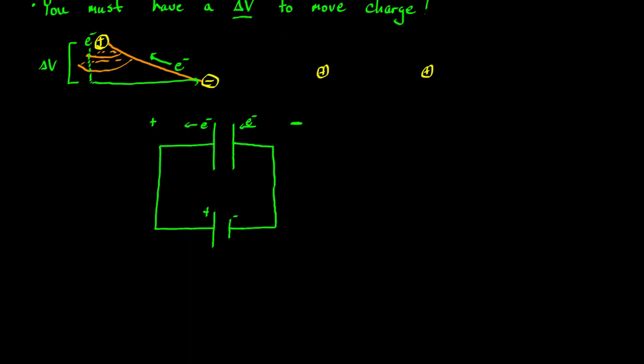So in essence, what's happening is we're going to rip an electron off, and that leaves a net positive here because we took one of the electrons, so it's out of balance. The electron is going to come through, hit the battery. The battery is going to pump it up, or pump it down really, into negative, and then it's going to fly away from the negative and land here, putting an excess negative. And then it just continues doing that until we have a big negative charge on this side and a positive charge on this side. But it can't go forever,